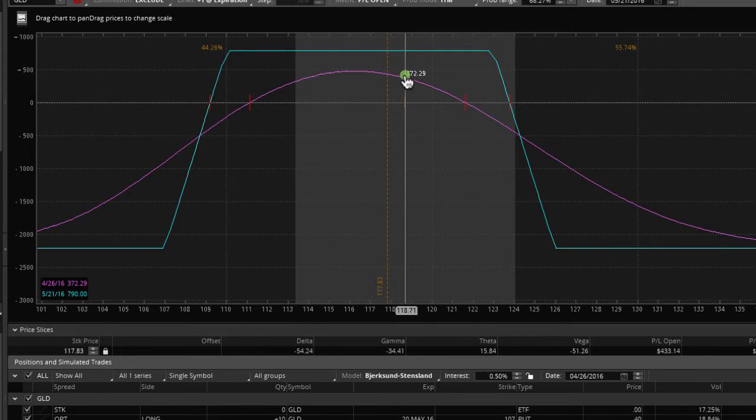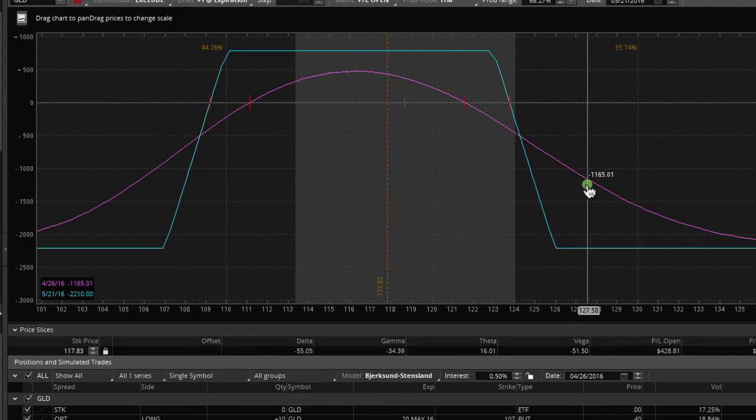Remember when we looked at the maximum I'm risking here, and the amount of capital it takes to put up for this trade was $2,210. So if you take 2,210 times 15%, that equals $331. So why do I bring that up? Remember, the name of this course is how I make 15%